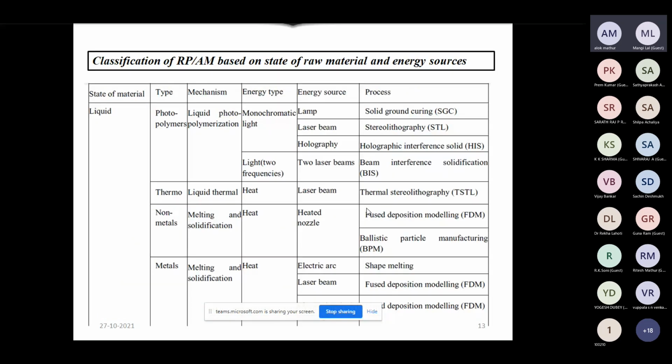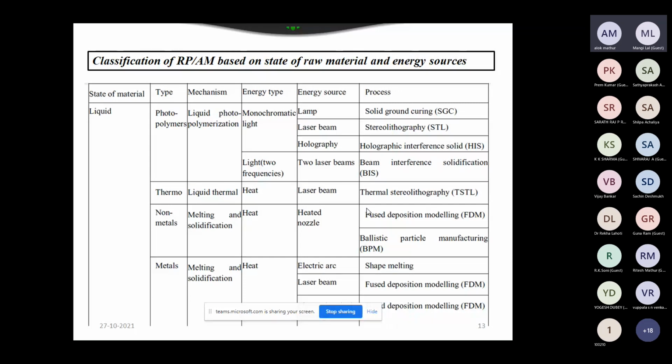Okay, so now let us look into the classification of rapid prototyping or additive manufacturing techniques, and I hope you will also find this classification in the last 2 days. Some of the important techniques are based on the raw material and energy sources.